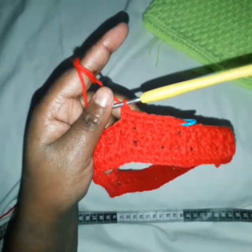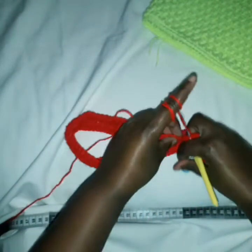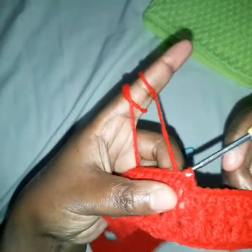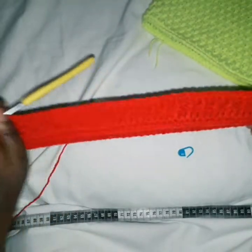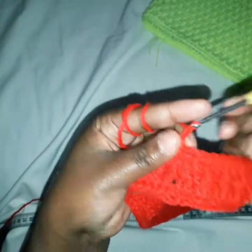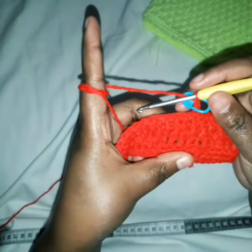Alright, I'm at the end of the row, so I remove the stitch marker and I slip stitch. Alright, so this is how it's coming. So we want to go to the next row. We make a chain of 2, and now on the first